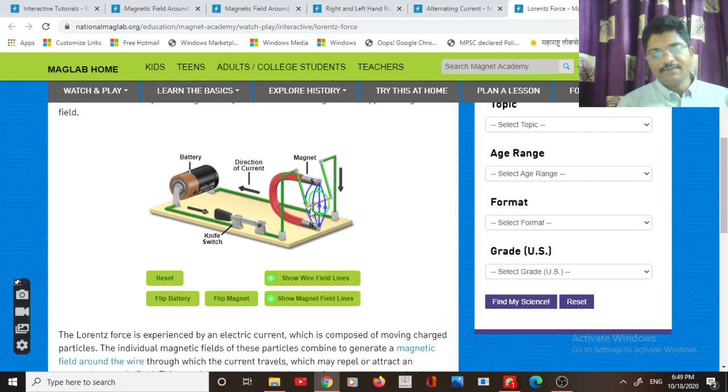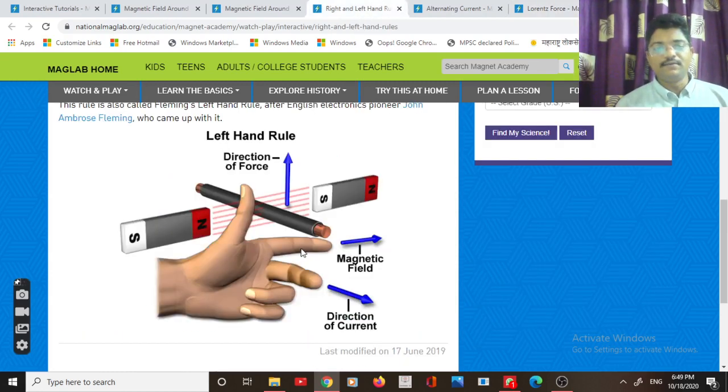If you apply the left hand rule over here, consider how the current is flowing and how the magnetic field is there. Magnetic field direction will be north to south, which is on the left. Look at this figure. If you stretch your left hand fingers, the thumb, index finger and middle finger, the middle finger indicates the direction of current, the index finger indicates the direction of the magnetic field, and the thumb indicates the direction of force or motion. So in this way, in a motor you can get the direction of force, in which direction the coil will rotate. So this is a very good site.